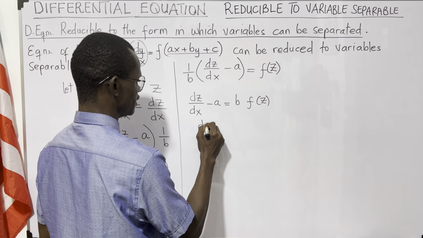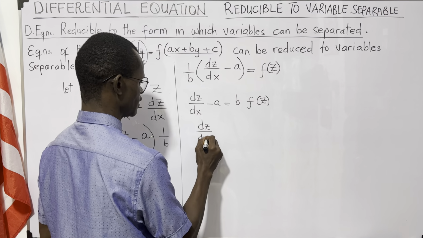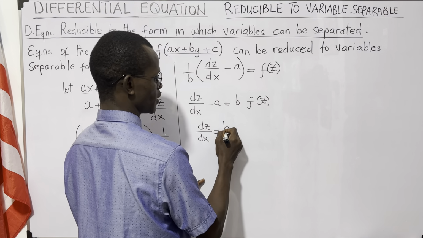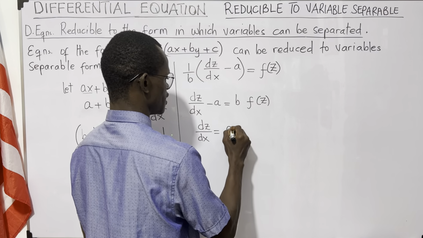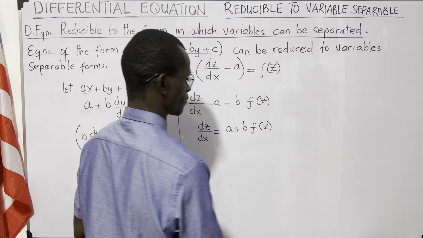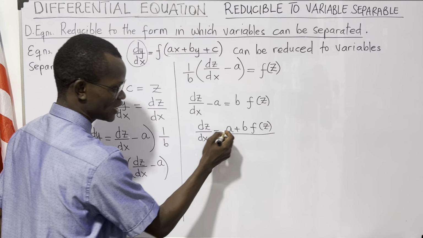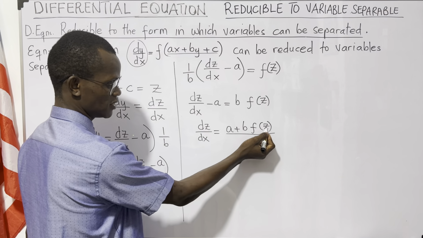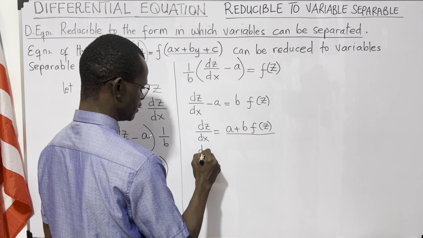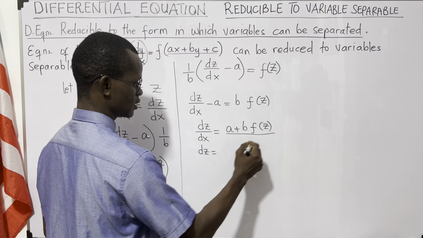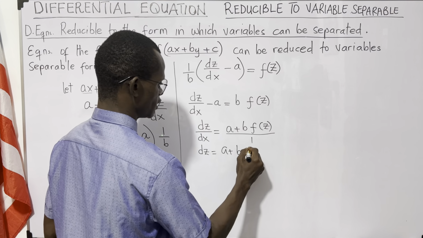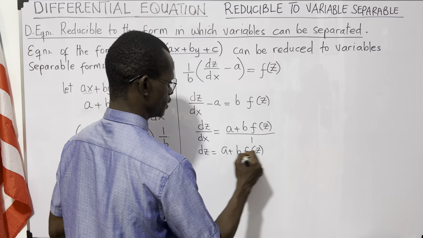So we have dz all over dx is equal to a plus b f of z. Now we have this entire expression in one variable called z, right? So we can cross multiply. You have dz equals, we cross multiply, a plus b f of z